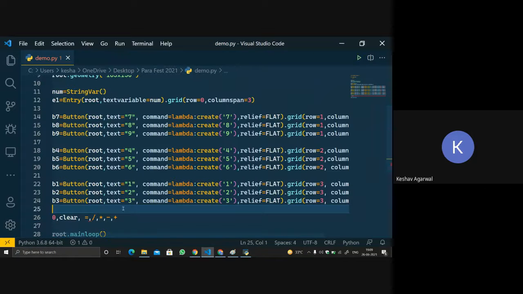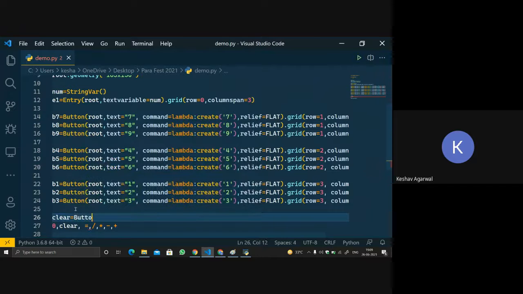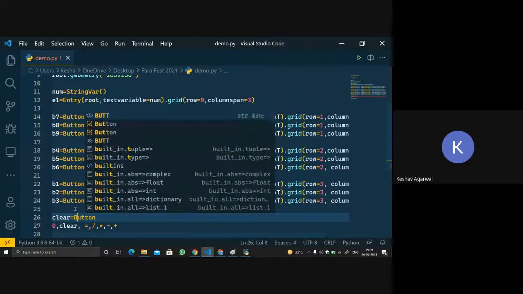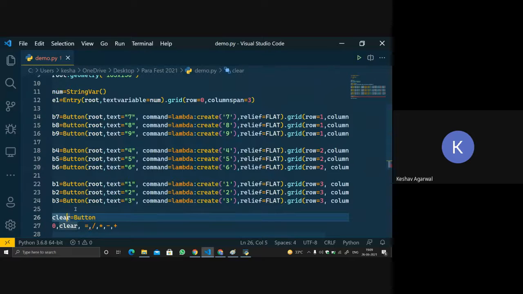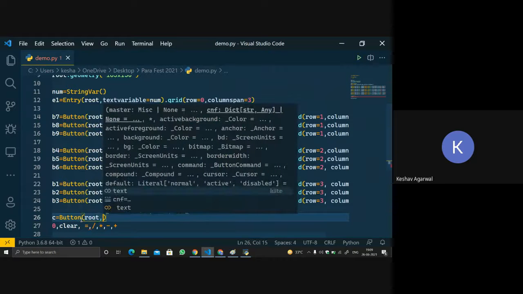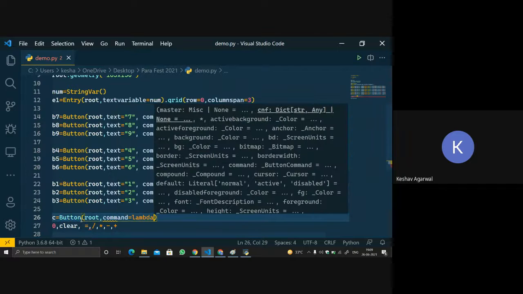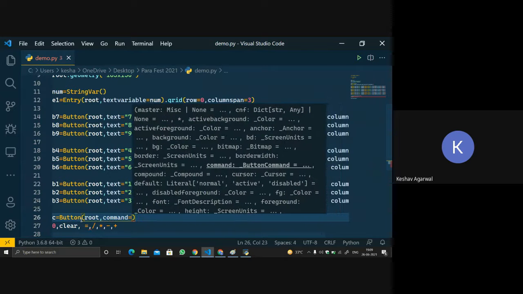Before that, we will create a button clear. Let's call it clear equals to button, and let's not use clear, let's use C. We'll be making a function for clear, so let's make it C. Root, comma, command equals to... no lambda this time.